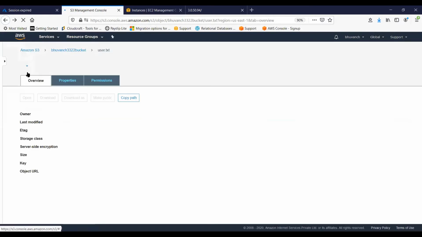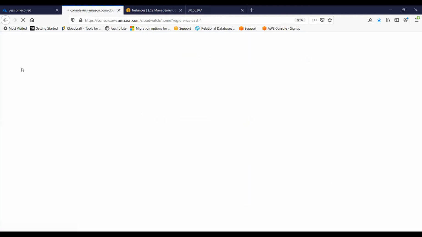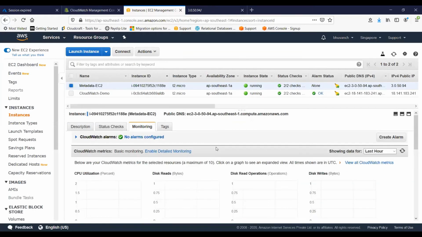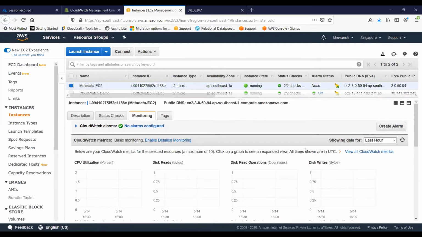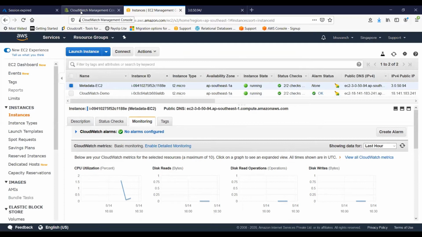And if I go to my CloudWatch console again, and go to monitoring, the load is in fact decreasing now. I think that loop did not work well. So basically the idea is that you can run those commands which, if you can increase the load, can help you to do that.